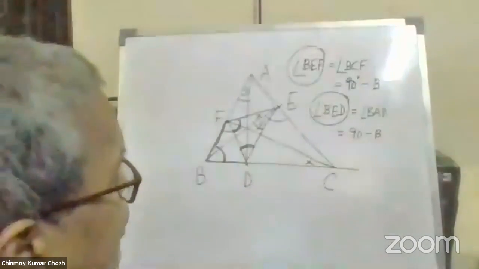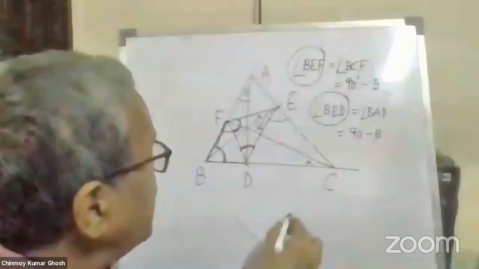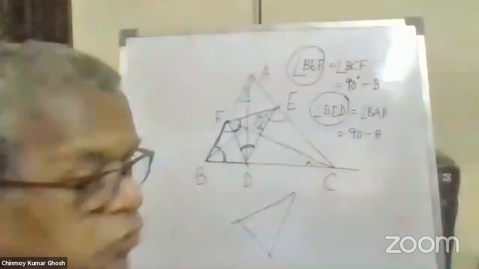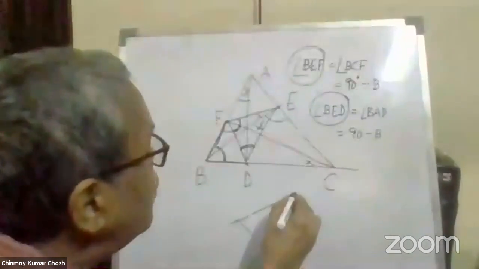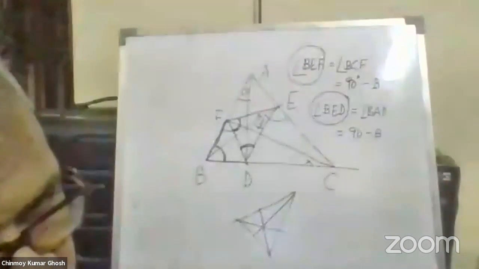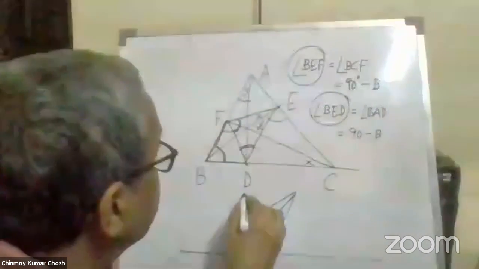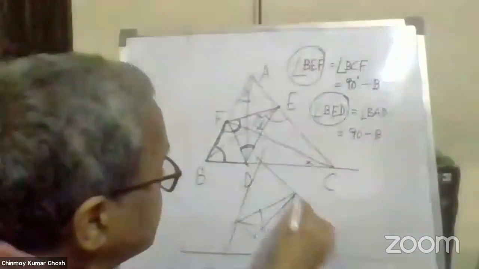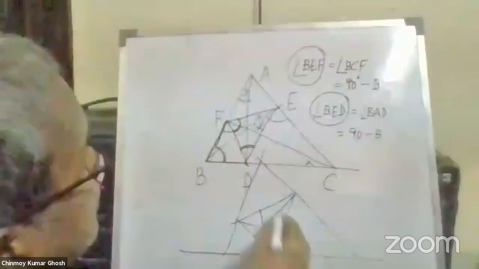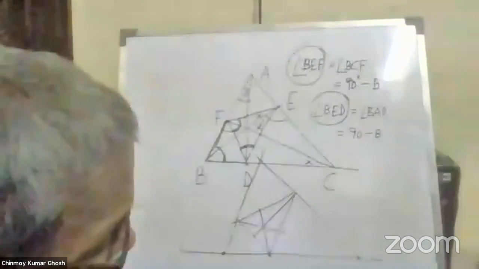And so what you can do, starting with the 3 points D, E, F, is draw the triangle and the angular bisectors, and they will meet at their incenter. This incenter is actually the orthocenter of the original triangle. Then you draw perpendiculars to the internal bisectors, and they meet at the vertices of the original triangle. Is it clear? Or should I draw a clearer diagram? Yes, sir, it is clear.